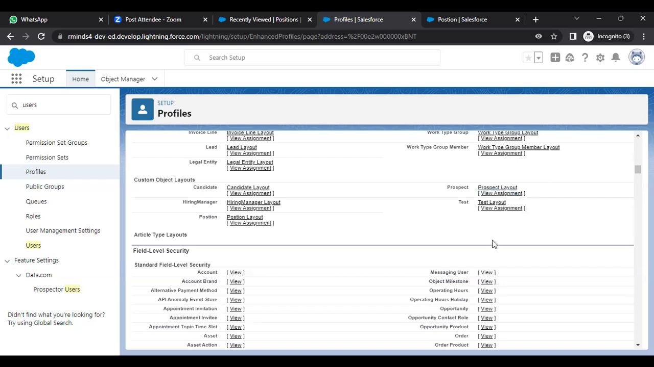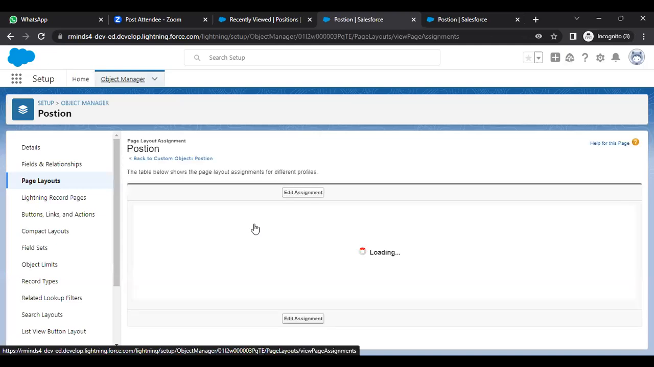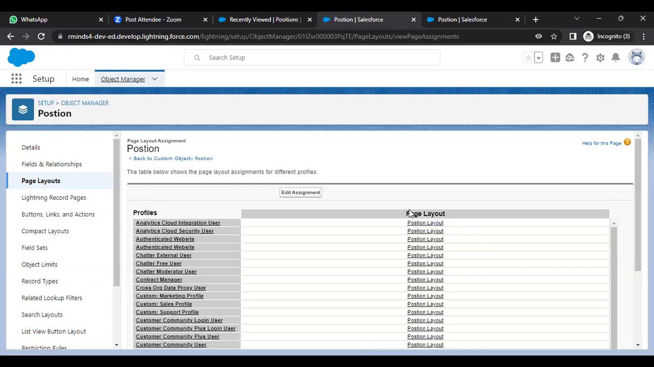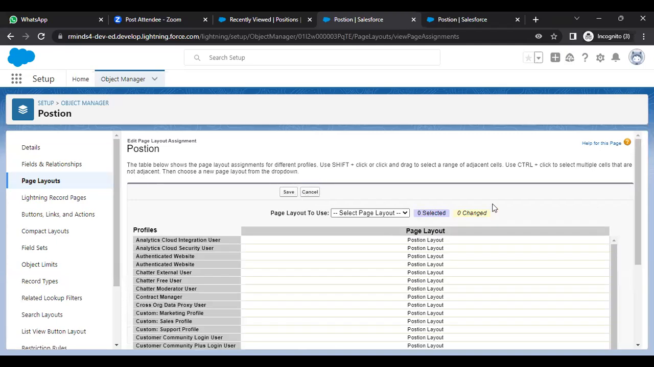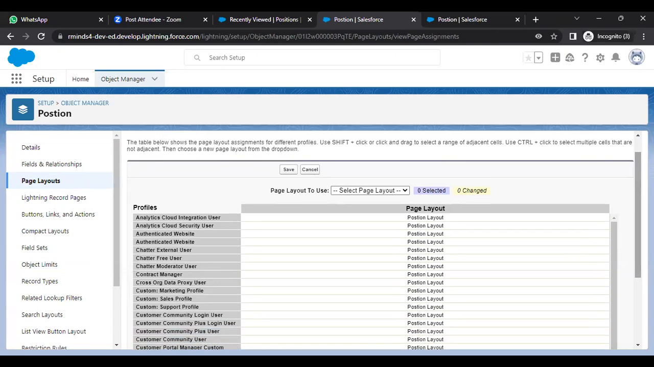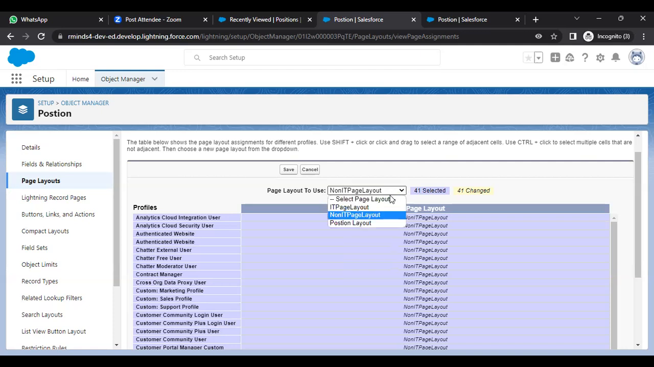Custom objects. Yeah, here are our custom objects. Position. By default, we have position layout, view assignment. We have position layout. So what I'm going to do is edit assignment, right? So here, if you see, by default, a position layout is selected for everything. But if I want to change it to IT page layout, everything gets changed to IT page layout. I can do that, or non-IT page layout I can do, but I don't want to disturb other users, but